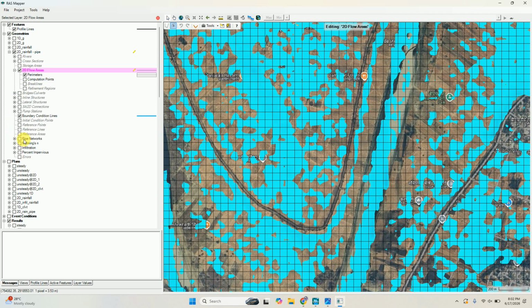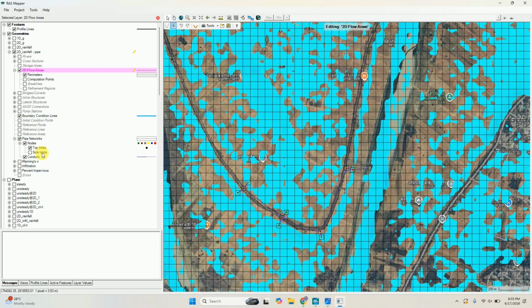Before HEC-RAS 6.7 you will not find this, but in later versions you will find it here, and you have to check it. As you check it you can expand it, and you will find two things: nodes and conduits.